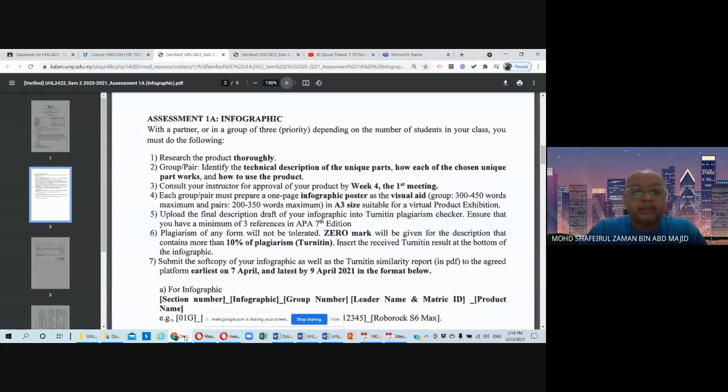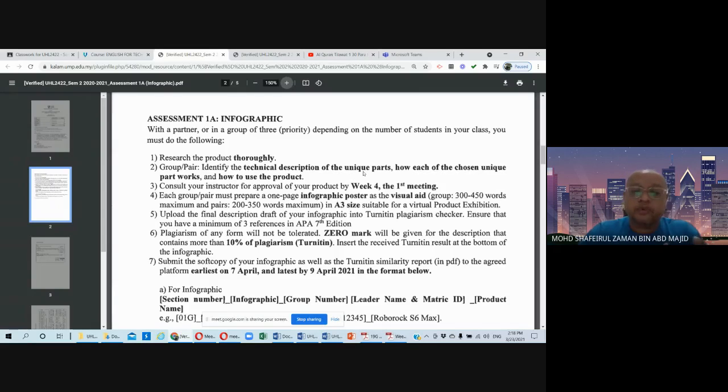Number 2, for a group or a pair, identify the technical description of the unique parts. Let's say there are 6 unique parts. You need to find the sources of description, the dimension, the material used to produce that particular part, and any other things related to the particular main parts or subparts.